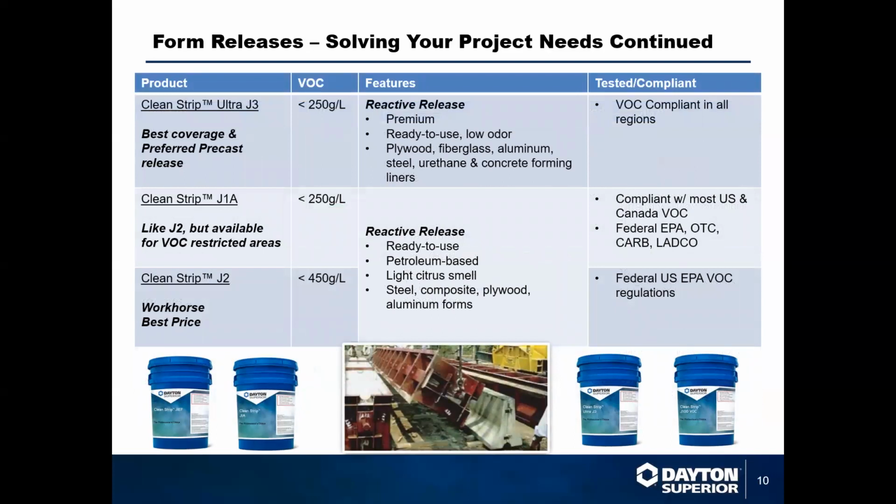Here we have our most popular reactive releases. We'll start with J3 here at the top. Our J3 is a premium release that uses very high quality oil as a base, and as a result, it has excellent coverage and gives you a great finish on the final product. It's great for architectural precast elements, and one that I would recommend for very highly detailed work where coverage is an issue,